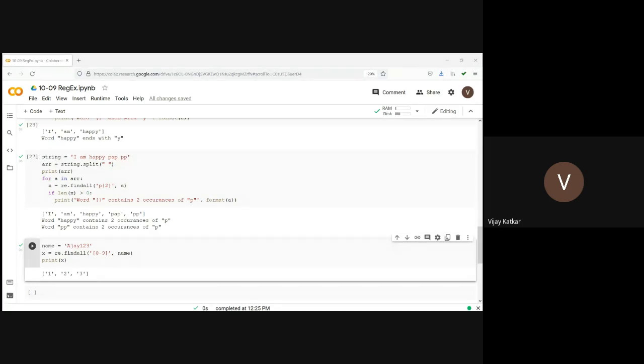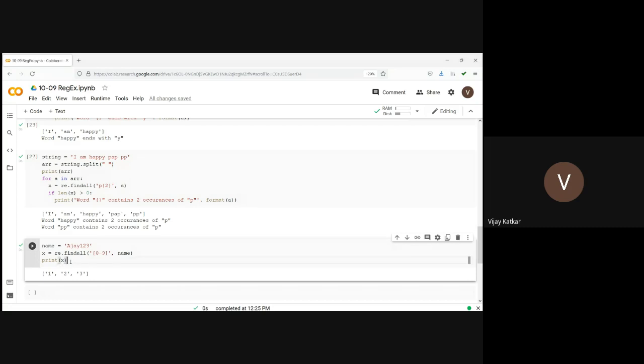Let's say I'm taking some input from a user, and I'm asking the user to enter their name. But I know that a name should not contain numbers, am I right? Or it should not contain any special characters. So I want the user name only with characters A to Z. I don't want numbers in the name. So can I look for this thing?